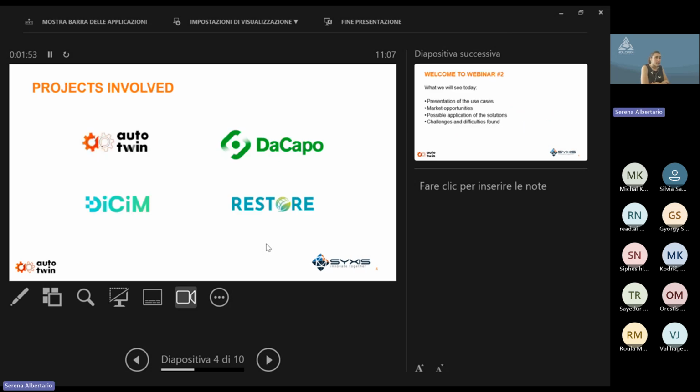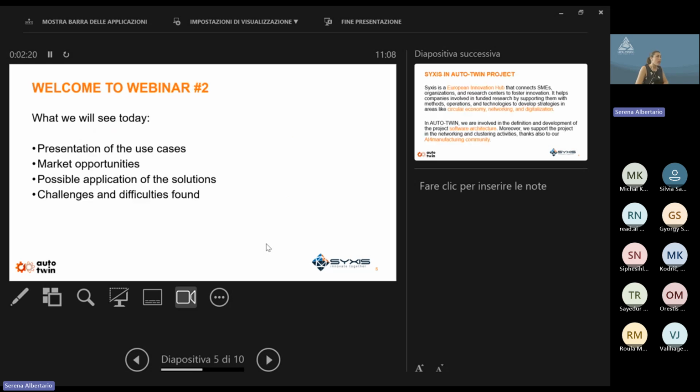These are the projects that I would like to thank because they gave us their availability to join this cluster activity: AutoTwin, DaCapo, DiCiM and RESTORE. Today we will go through each specific project, looking at the specific use case, trying to understand how it is involved inside the whole project.